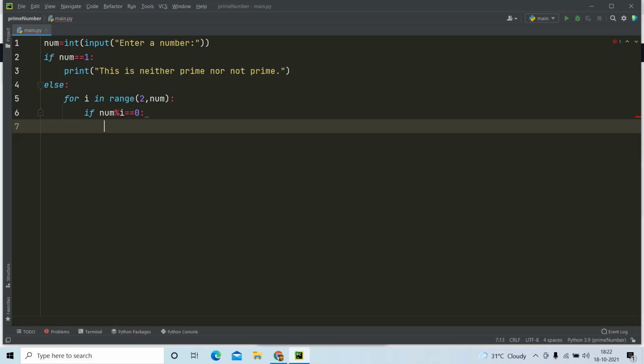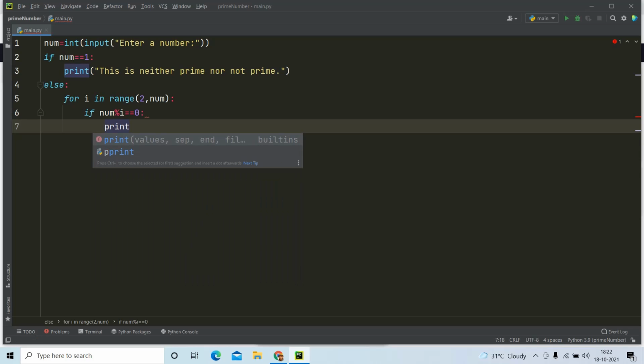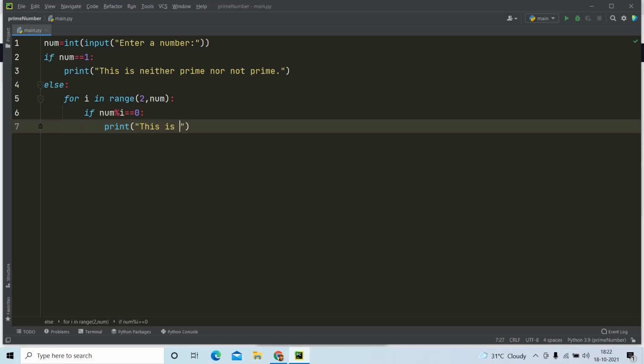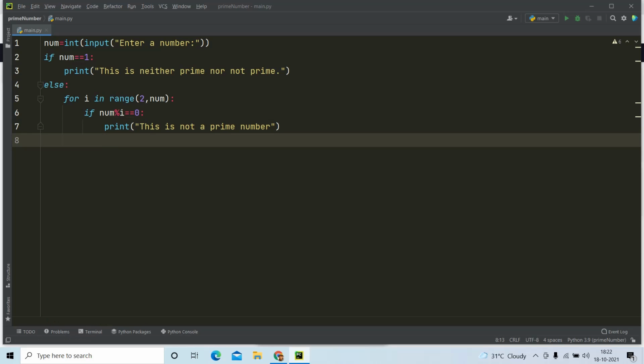So we can directly print at this particular point itself that this is not a prime number. That's it. Once we have printed that it is not a prime number, we need not check all the other numbers in the range. So we can just write a break statement so that we come out of the loop at once.